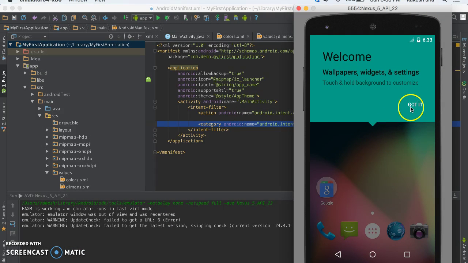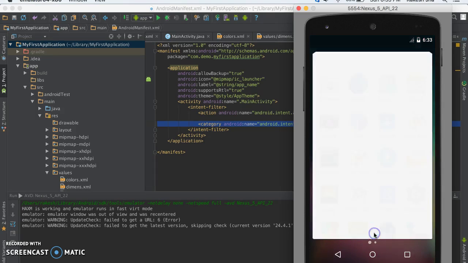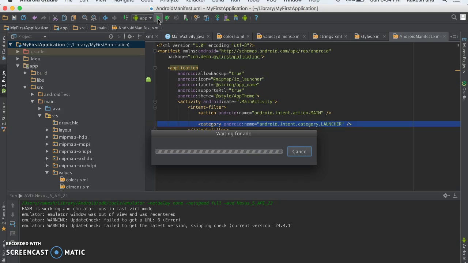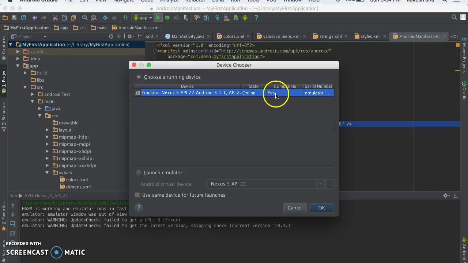So here we have the Android virtual device, which behaves almost exactly as a normal Android device would. Let's run our app on this virtual device and see how it behaves. To run this app on this Android virtual device, we can use this icon. Once we click on this, let's see what happens. We got an option to run this application on this emulator, which is another name for Android virtual device. When we click on OK,